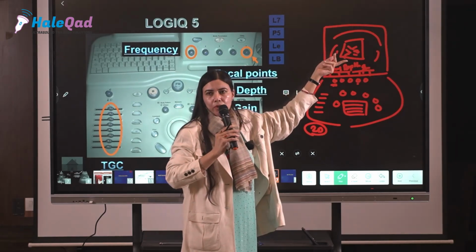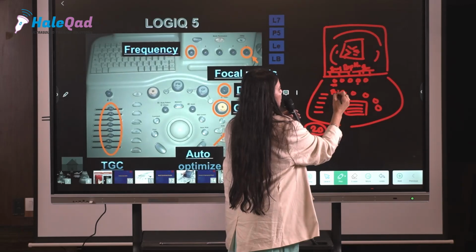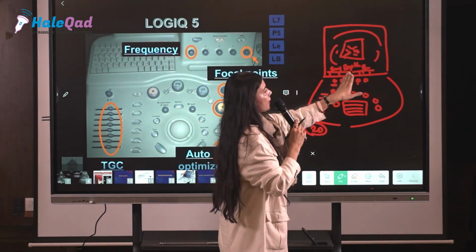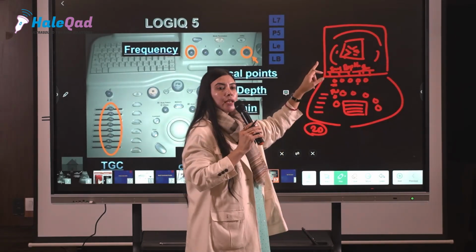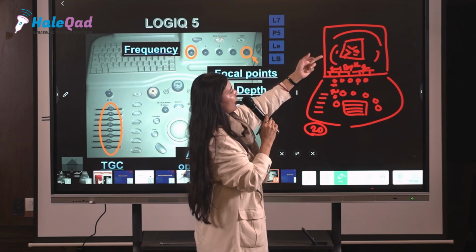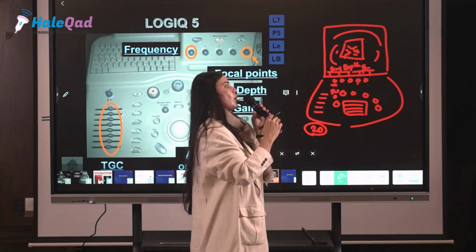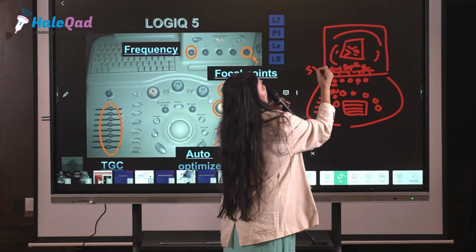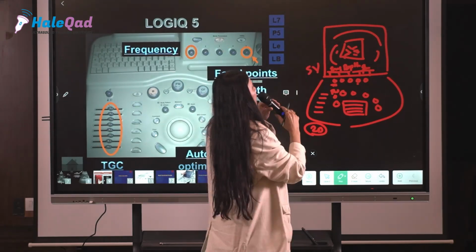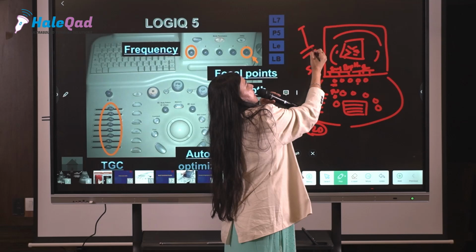Suppose now I have switched on to pulse wave. There is a PW button also on my machine. When I use this PW, again this dialog box will change. Now the same knob which was for frequency in 2D, for color gain in color Doppler, in PW gets changed, and you are going to see SV written here. So what is this SV? This is sample volume. So now this knob is going to change the size of your pulse wave sample volume.